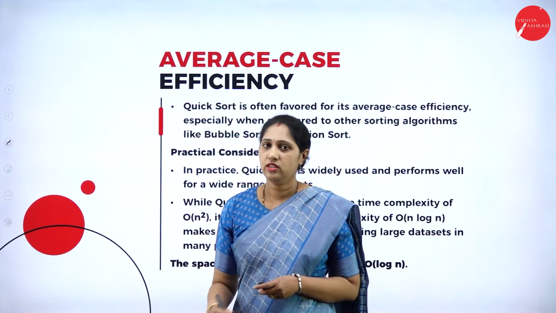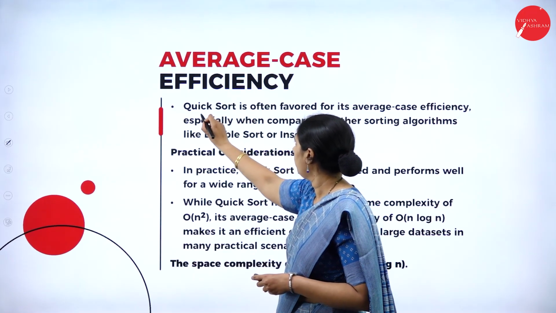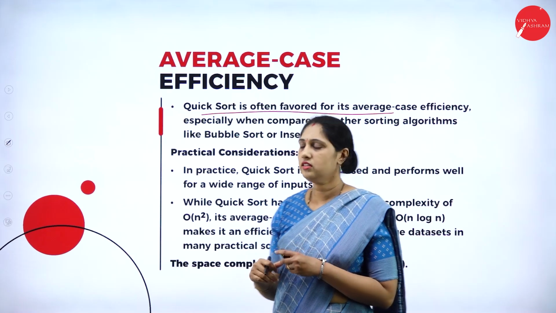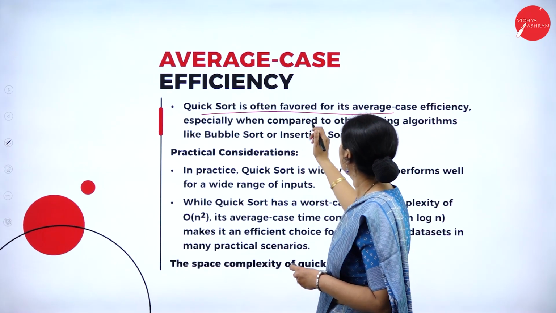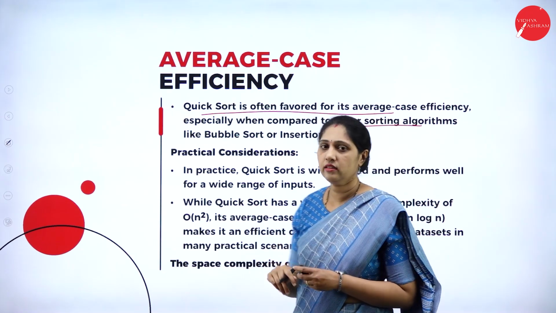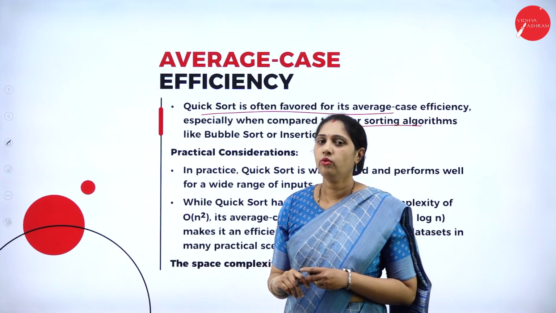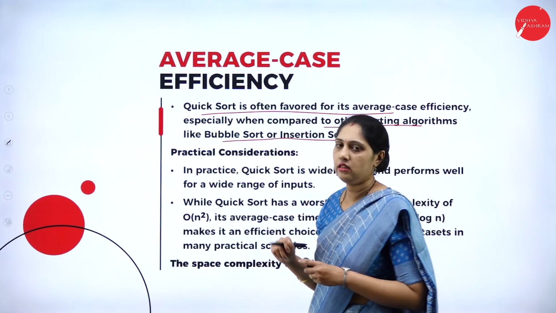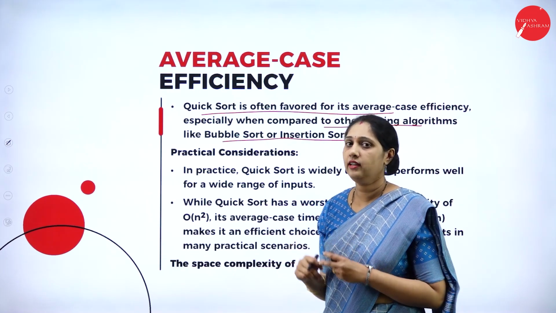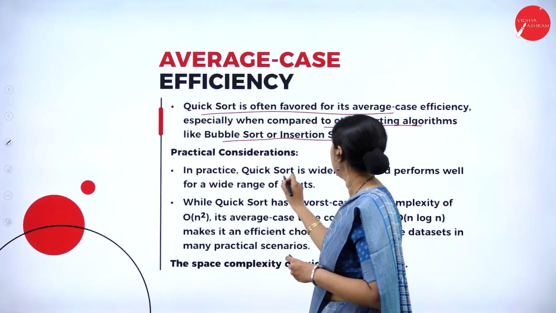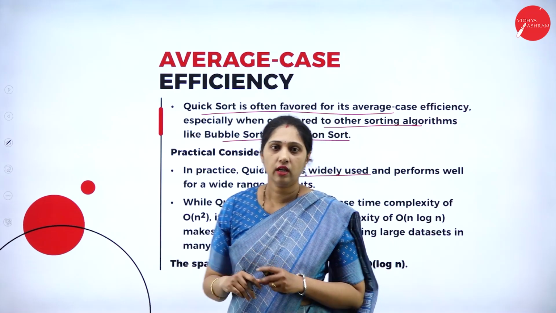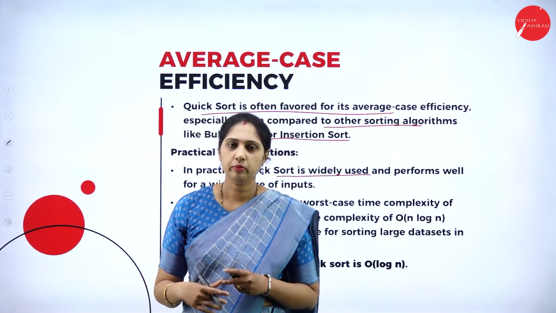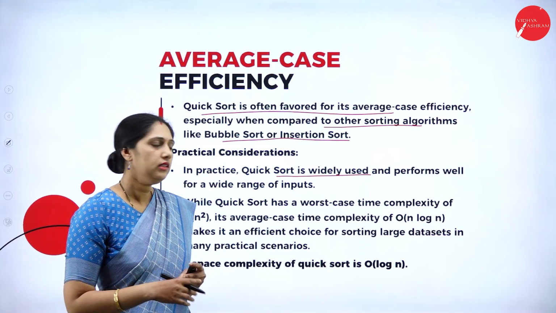Next, what is the average case efficiency? Quicksort is often favored for its average case time complexity compared to other sorting algorithms. So what are the other sorting algorithms? It's like bubble sort or insertion sort. But practically speaking, in practice, quicksort is a widely used algorithm compared to the others we discussed: selection sort, bubble sort, insertion sort. Other than this,